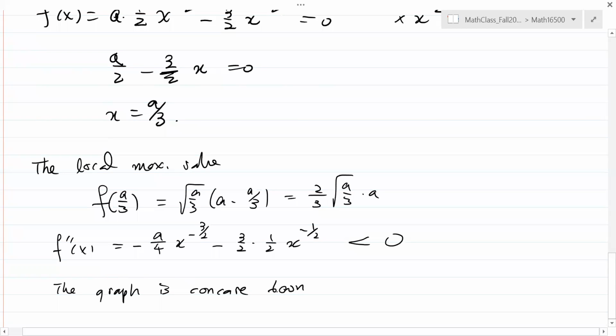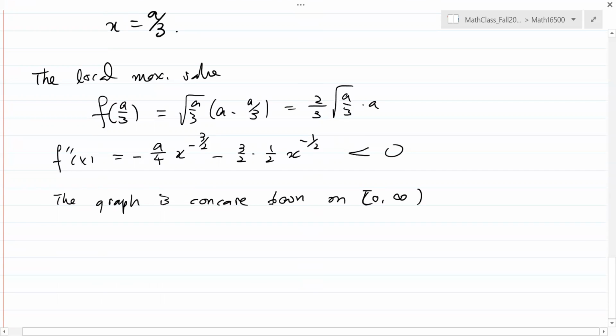On the interval from 0 to infinity. Okay? So that's why no inflection points, and you sketch the graph. So this is the second type of functions. The first type of function, polynomials, how to sketch graph of polynomials. Then how to sketch graph involving a square root of function, square root x. Okay. There are other types of